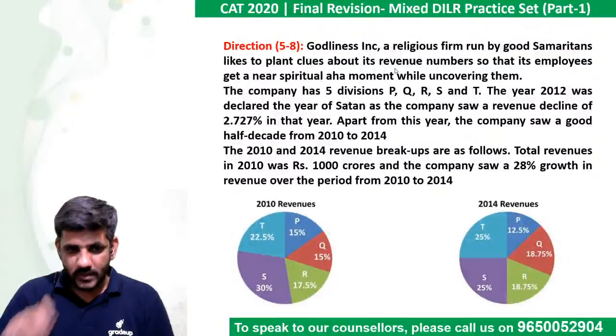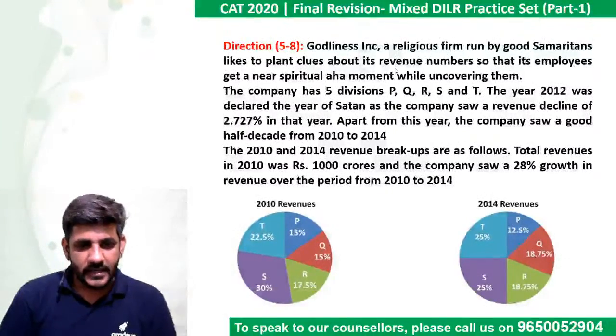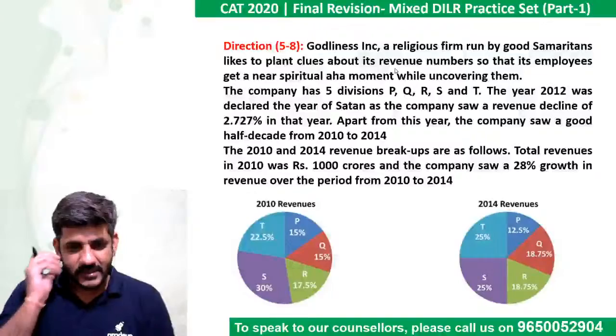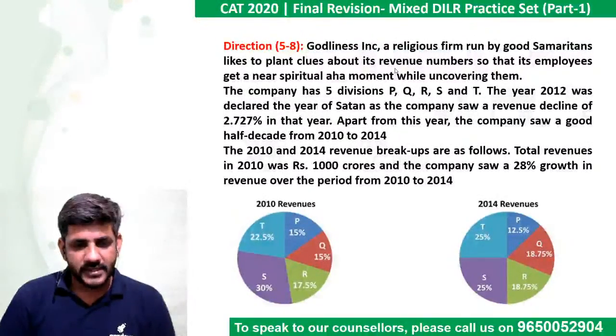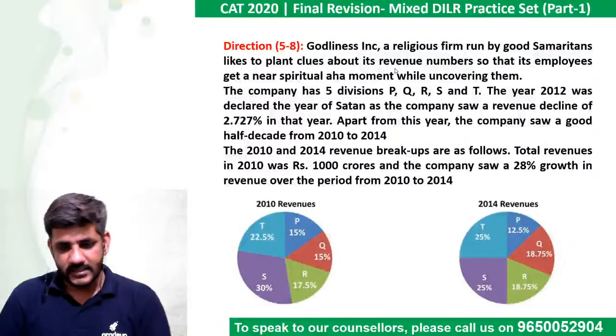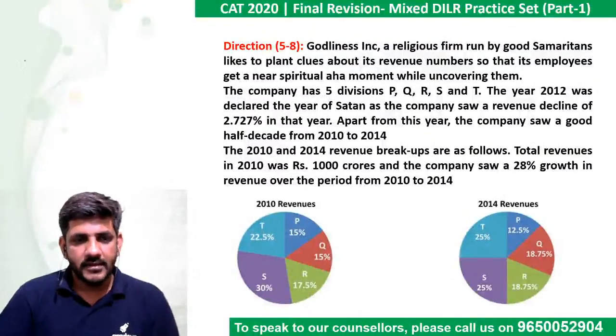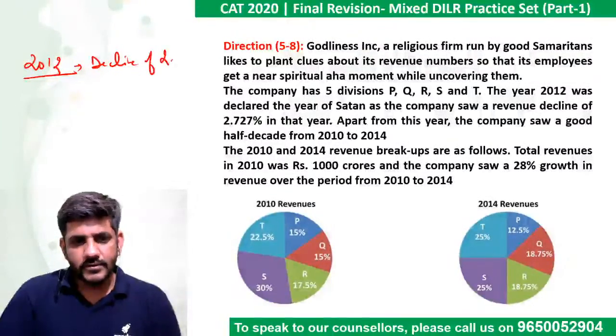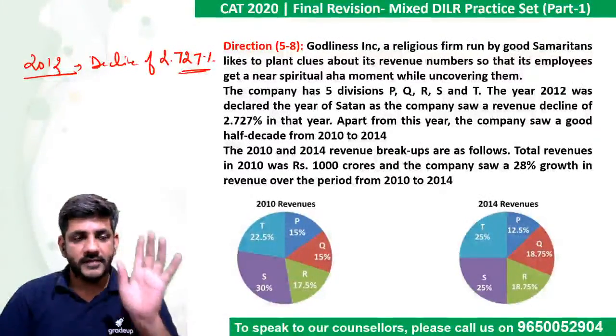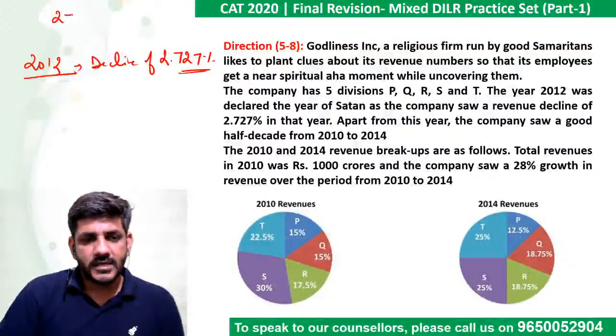The year 2012 was declared the year of Satan, as the company saw a revenue decline of 2.727% in that year. So this is the first information, that in 2012 there was a decline of 2.727%. So guys, if you have done the fractions carefully, you must remember this कि